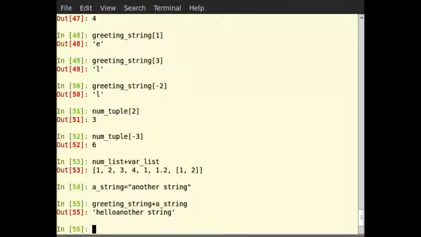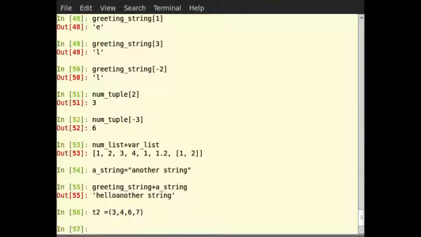Then t2 is equal to 3, 4, 6, 7 separated by commas, in brackets. Then num_tuple + t2.